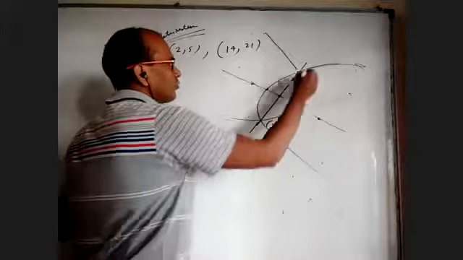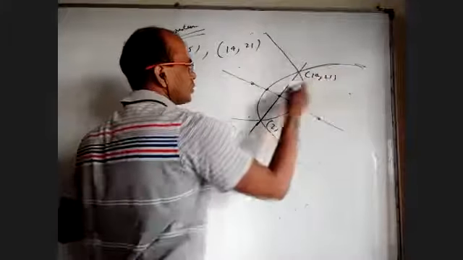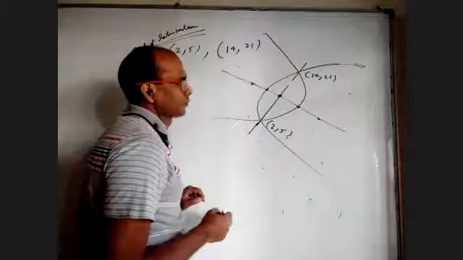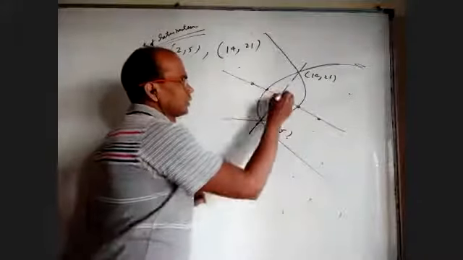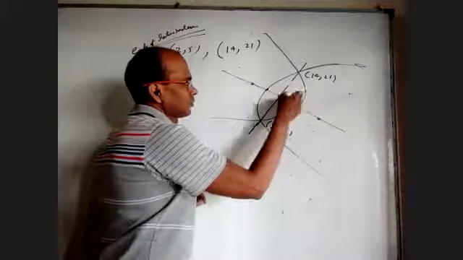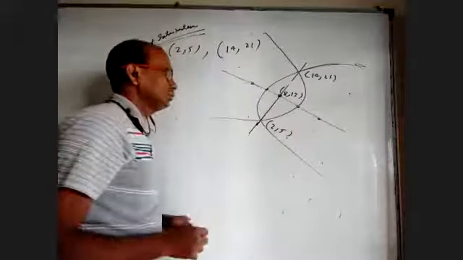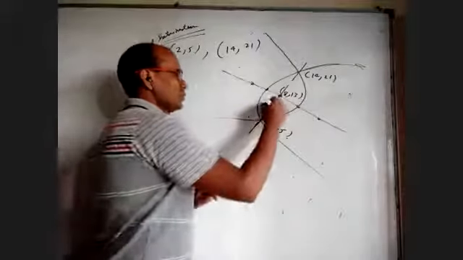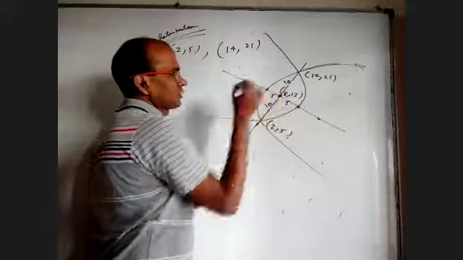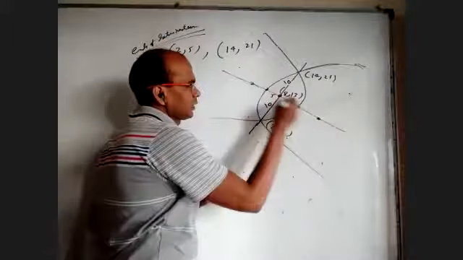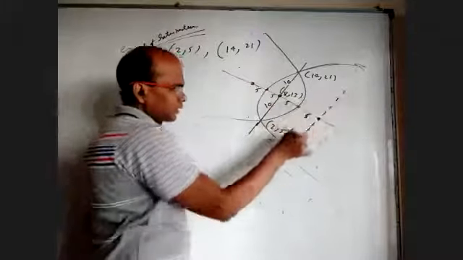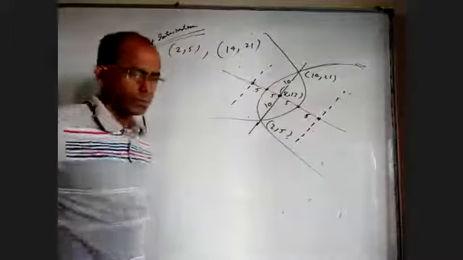This is 2, 5. This is 14, 21. So focus is easy. 8, 13. This is root over 6. This is 10 units. This is 10 units. So this should be 5 and 5 for the vertex. You take directrix, I think it will be another 5 and 5. One directrix will be here, another directrix will be here.